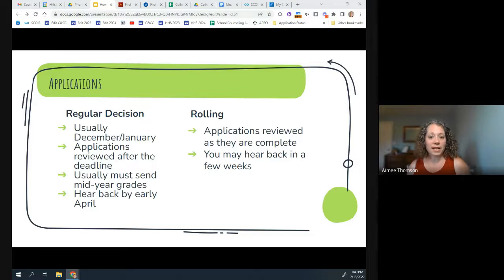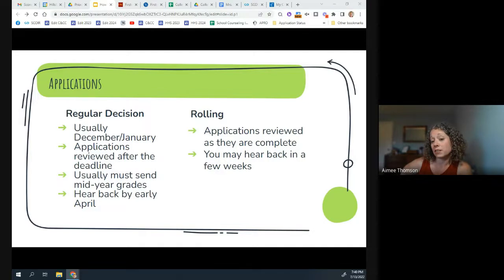Now, I have a couple of questions that came up related to this stuff that I'm going to answer now. I answered about regular decision. I saw someone ask what happens if you get deferred. For most schools, it'll be automatic that they'll consider you for regular decision, but some schools will say, hey, you need to complete this form and provide us any updates.